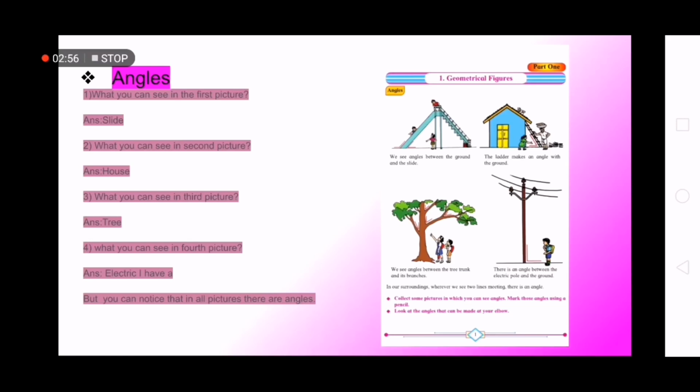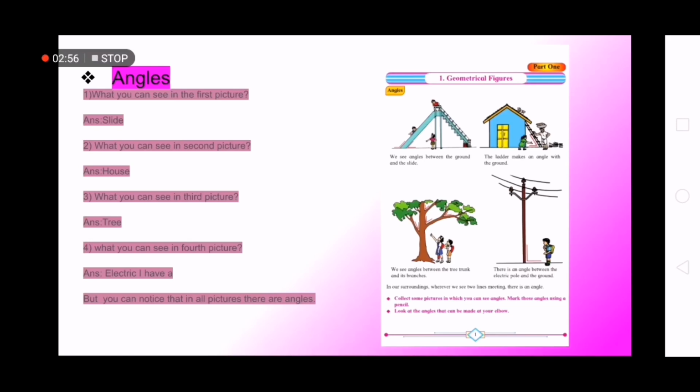See, I have removed some pictures of angles also. See on the table surface, you can make an angle, a right angle. And in the second picture you can make an acute angle. In the third picture you can make an obtuse angle. There are three types: right angle, acute angle, obtuse angle. You must be thinking, what is the teacher telling? What is right and acute and obtuse? These are three types of angles.